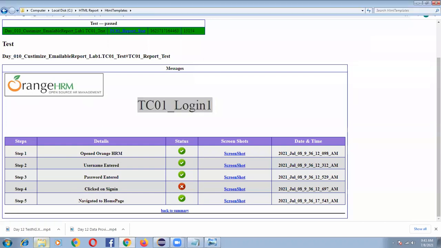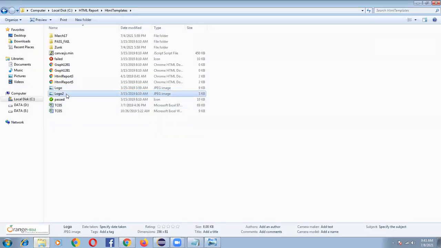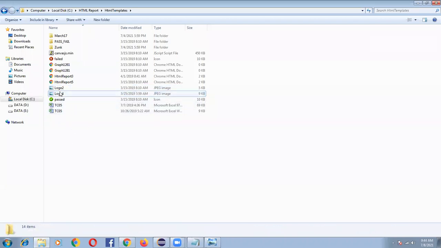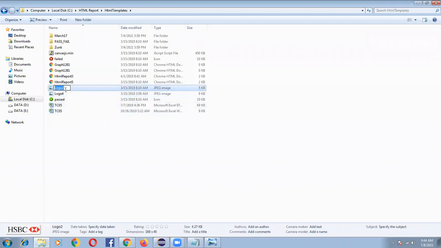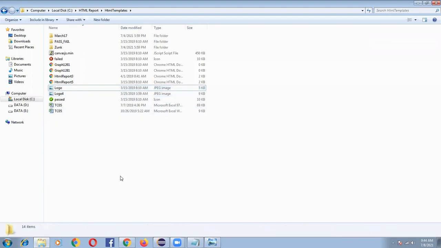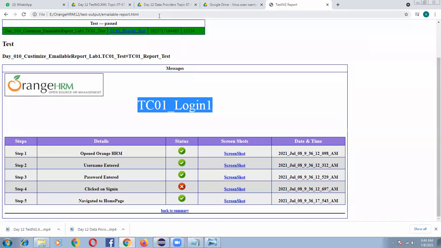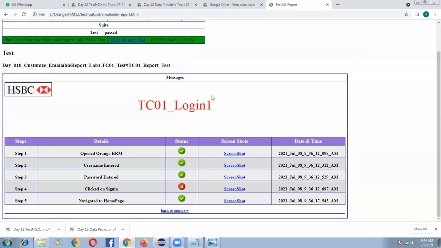But tomorrow I may be working on some different project. So what I can do is rename my program's logo to logo 4, I can rename it and refresh, and it will come like that.